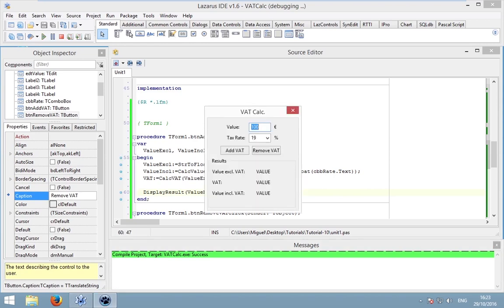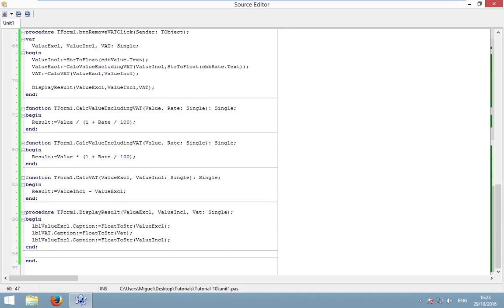So let's start. 119 and remove also works, but the answer is a bit too precise. I mean, with 119 it would be fine, but something like 118 is not good,